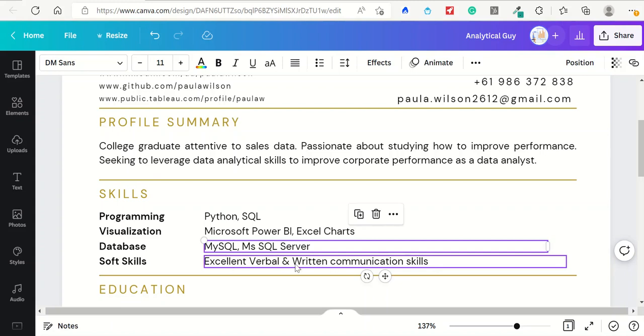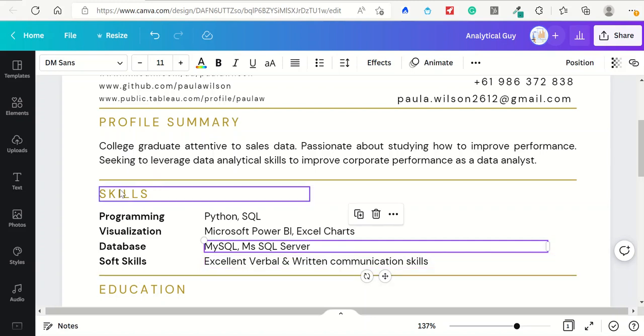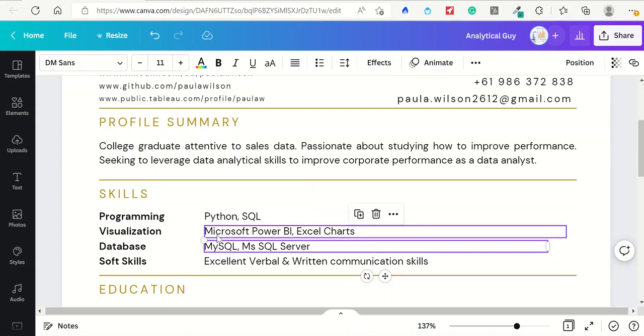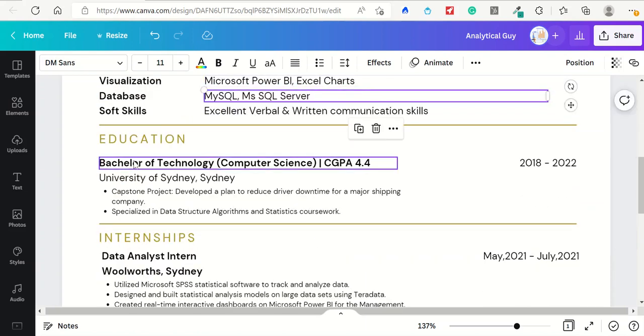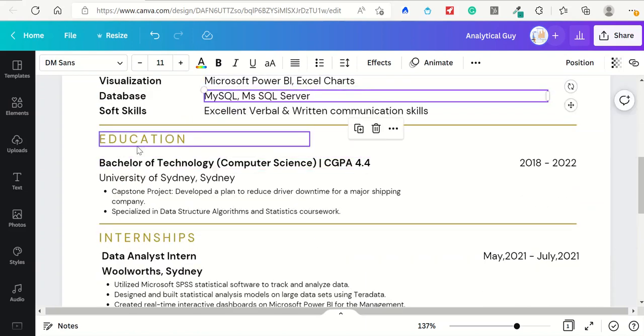So according to your own skill set, you can add those pointers. This is one of the important sections, wherein the recruiter will get to know what all languages and BI tools you know. Right, coming to education, this is also an important section because currently you don't have any work experience, so